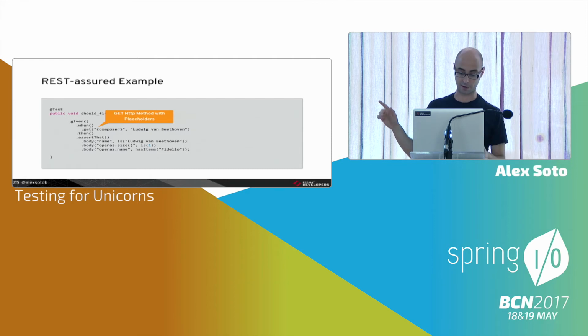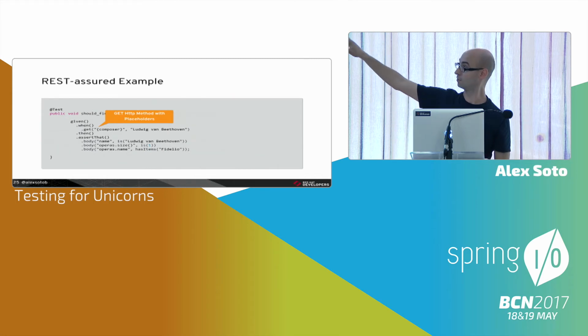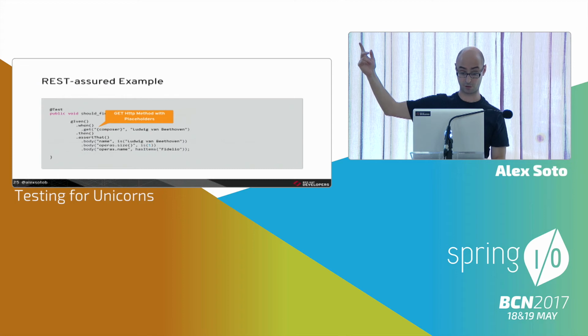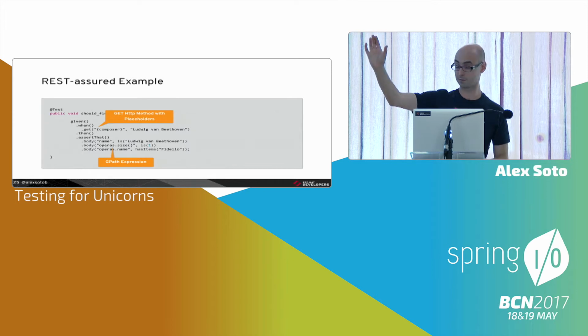And notice that now I can use a placeholder. I could put my string here directly, but you can also use a placeholder. You put composers, and then you put the substitute of the placeholder. By default, RestAssured connects to localhost 8080. This is the default URL. And finally, I do assert that the body, and the first parameter of the body is a GPath